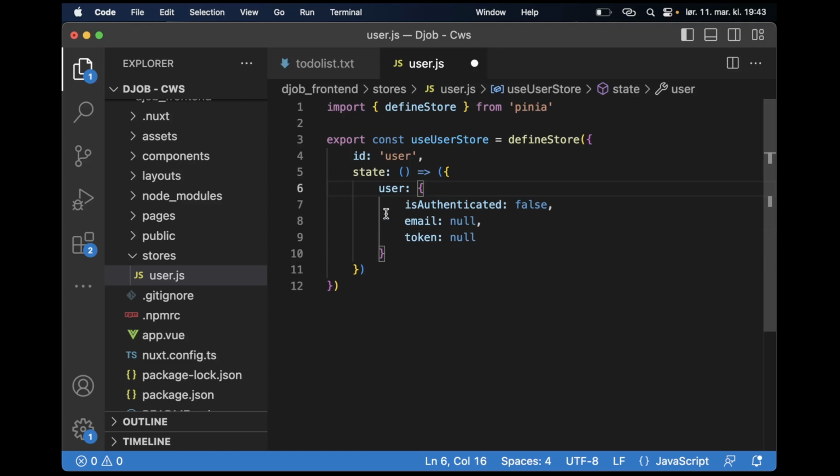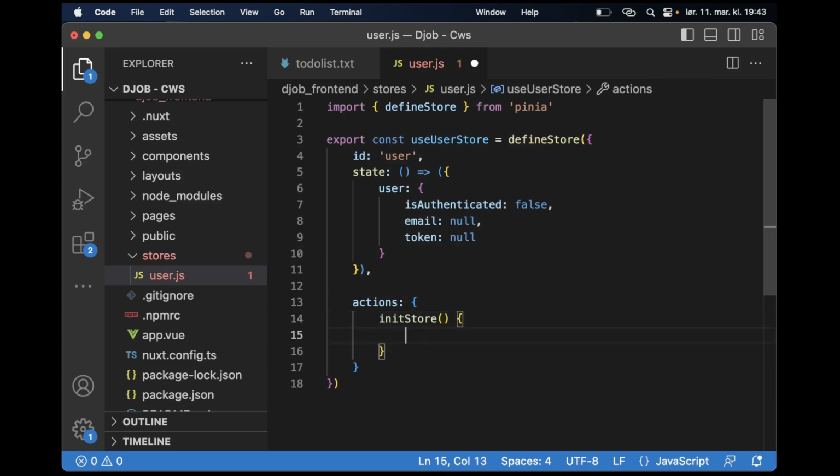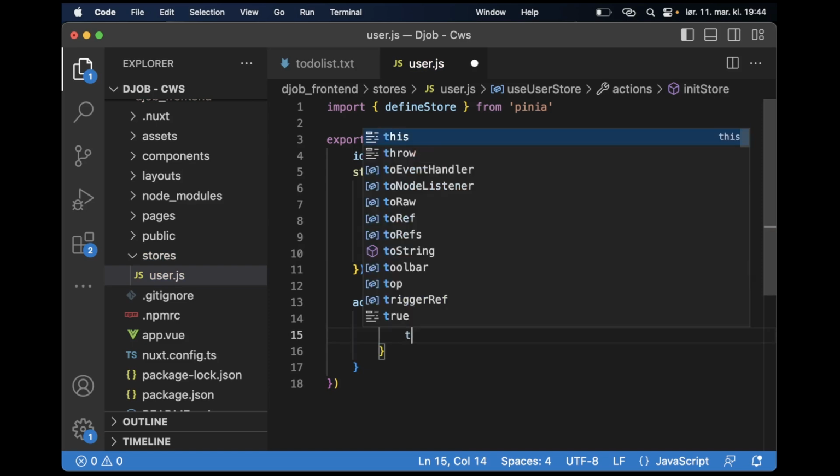And in addition to having the state here, I want to set up the actions for initializing the store, setting the token, and removing the token as well. So we have everything. So we can set up the actions like that. So in here we set up one action called initStore for initialize store. And then this just resets everything by saying